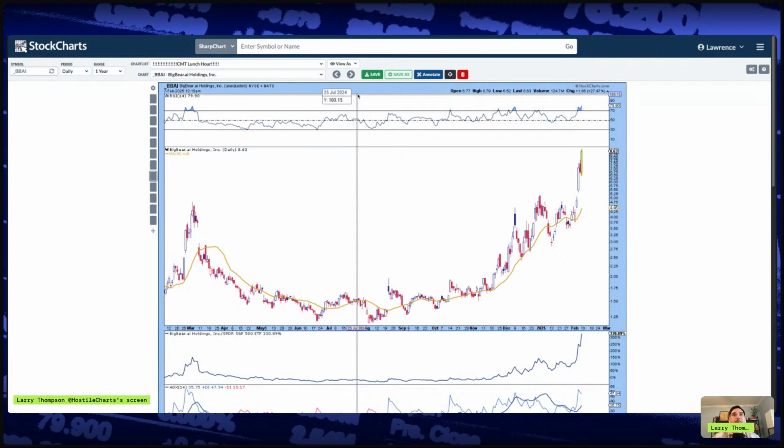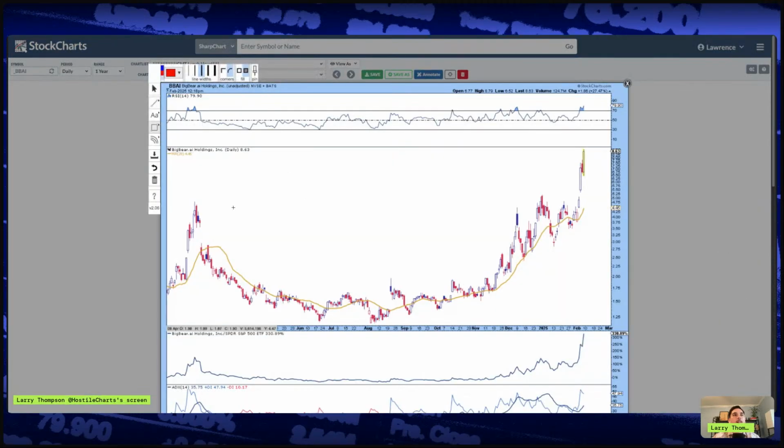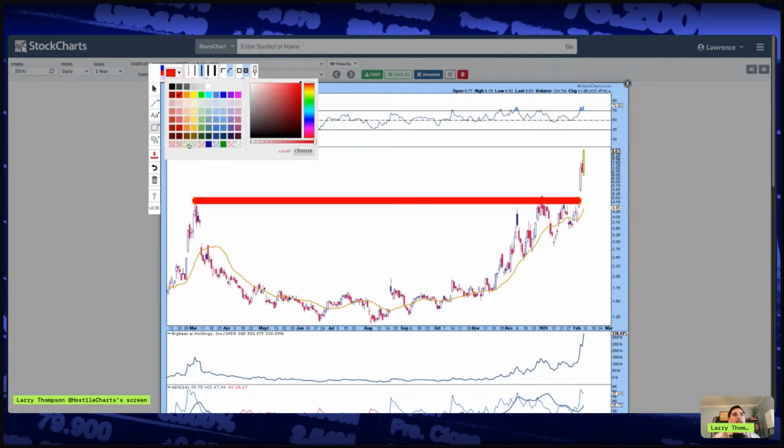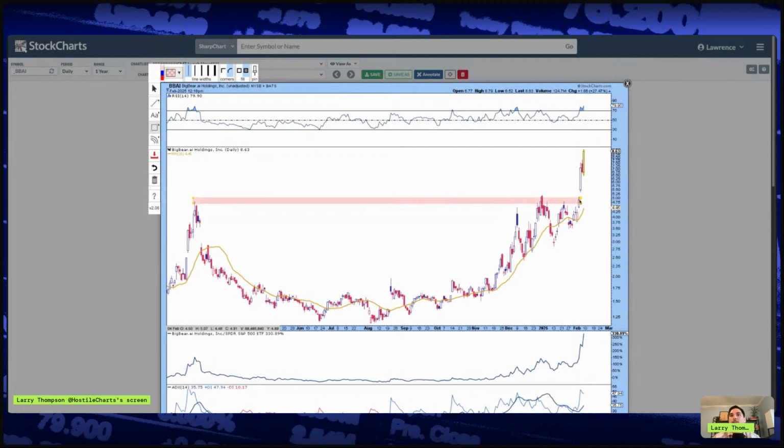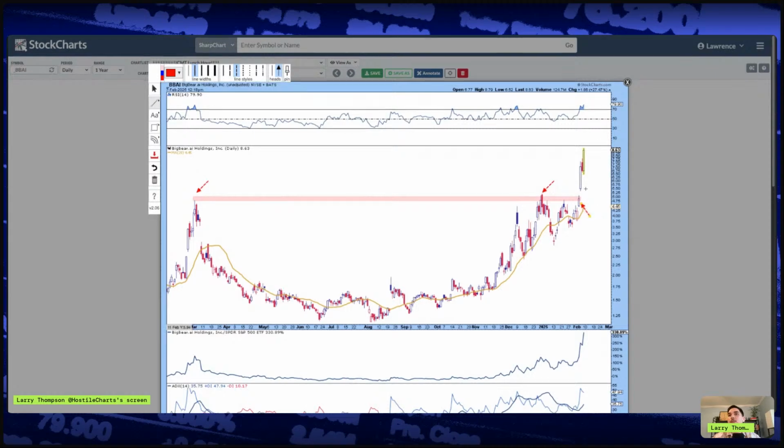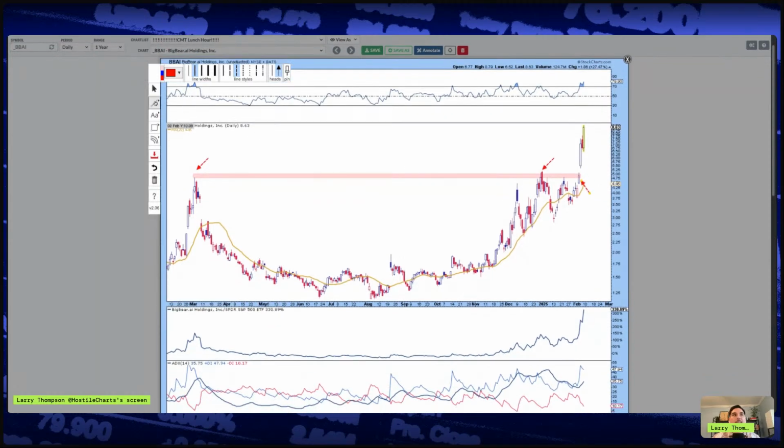If you zoom in, we see exactly what we're talking about. Look at that. You think it's a coincidence? As soon as it gets over $5, it breaks out. Is that just a coincidence or is that human behavior? I don't think it's a coincidence. Even if it is, if we can make money from it, who cares? But look, so good. These are the types of trades you want to be looking at before the move occurs. But how do you know when the move occurs? But awesome if you guys got into this. I don't know how you get long at this point, right? Because like I said, you're going to get cut in half here.